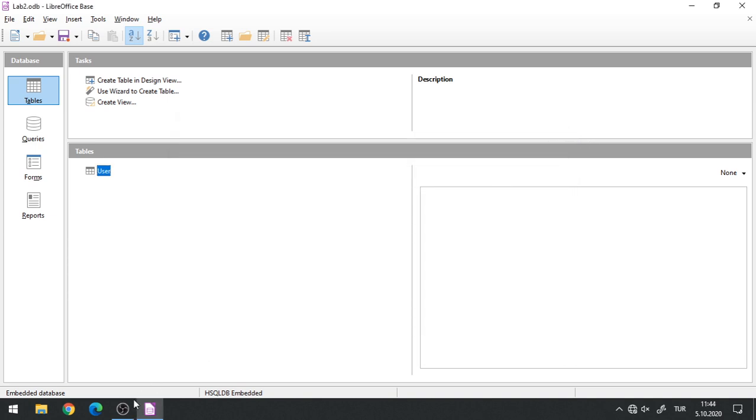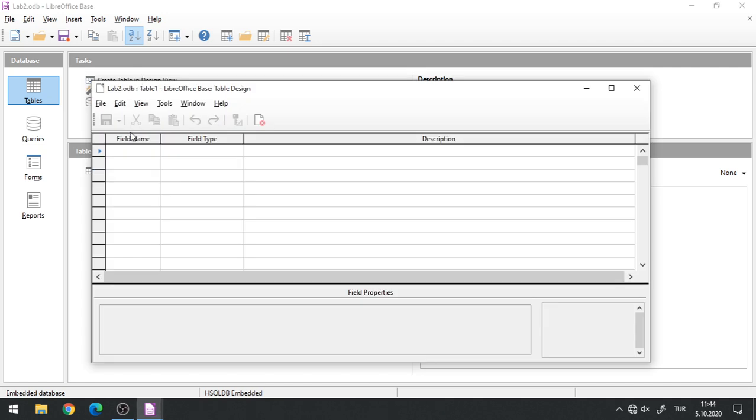So this is one table, and obviously we are going to have multiple tables in our database. And let's say we have a new table for courses. So under the tables part, I will click on create table in design view. And let's say we store some courses in our database with their course IDs, course names, and some section field,